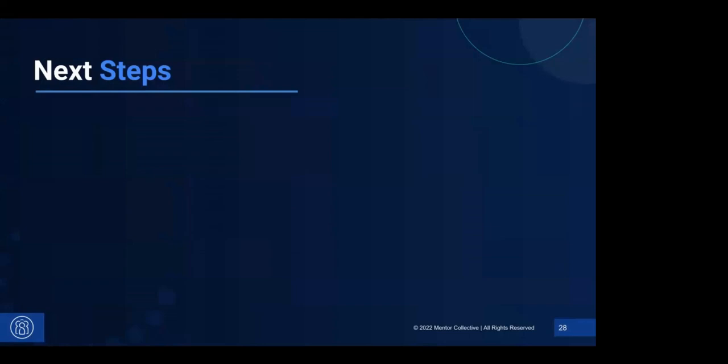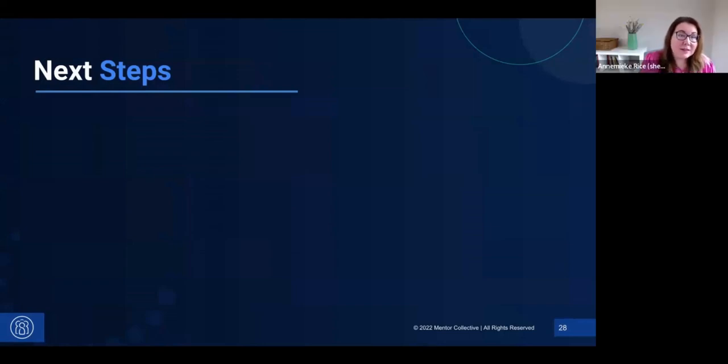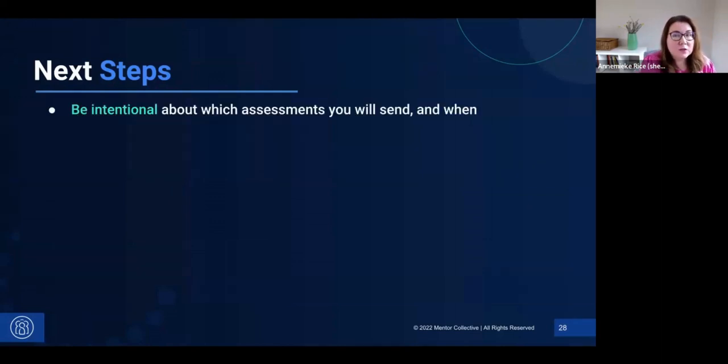Okay. So I want to share some suggested next steps. How can you incorporate this into the launch of your program or the work that you're planning with us right now? The first is to have the right conversations with your program success manager or your partner onboarding manager to make sure you're being intentional about which assessments you are sending and when, that you are collecting the data you need when you need it, since especially those mid and late program assessments really give you the opportunity to get that refreshed insight into the student's experience that you can act on.